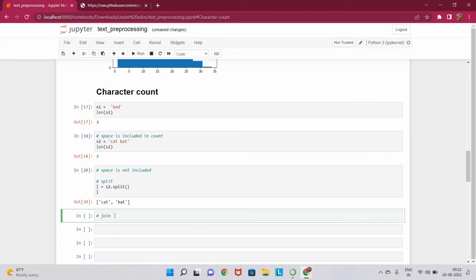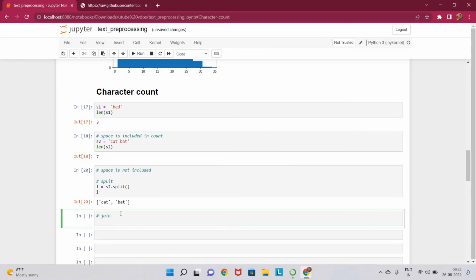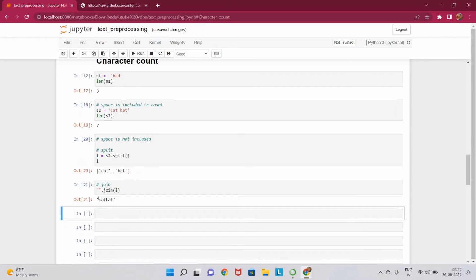Now what join does is it takes in a list of words or a list of strings, and then we pass in a separator to it, and it joins these strings in the list by that separator. And if we don't want any separator, then we just give it blank as the separator. Let us just see. Now I'm just passing this list of strings to this join function, and here we pass in the separator by which we want to join the strings. So we can see that we didn't pass any separator, so there is no separation between